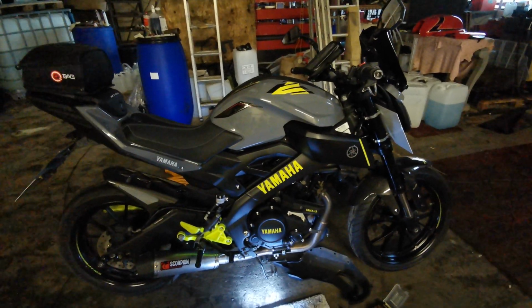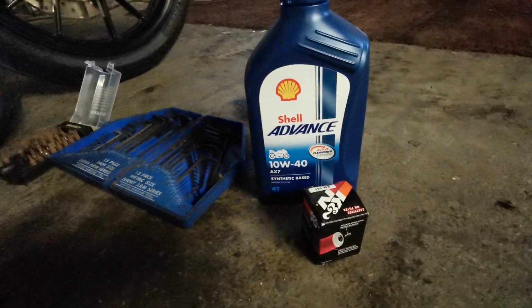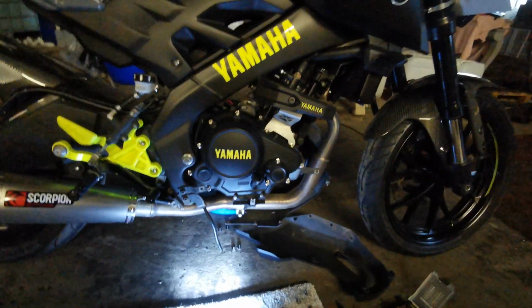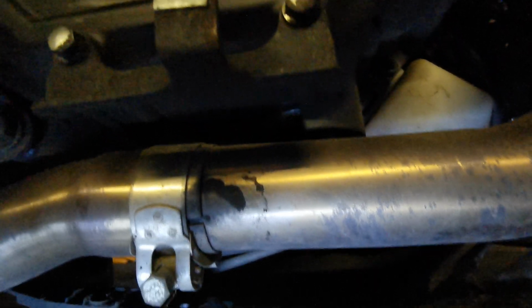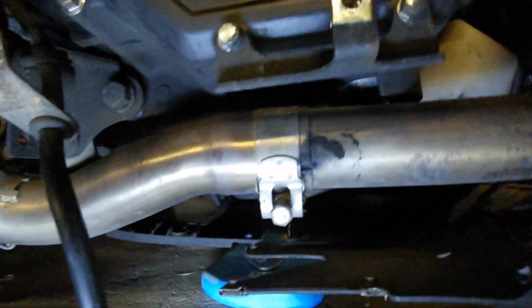So I'm doing a little oil service. I've got this oil again, and the KN141 filter, which is for this model. It's an MT125 ABS model. Got this cover off here. But the problem I found last time was the sump plug, which you can just see in the middle of the screen, is blocked by the exhaust,